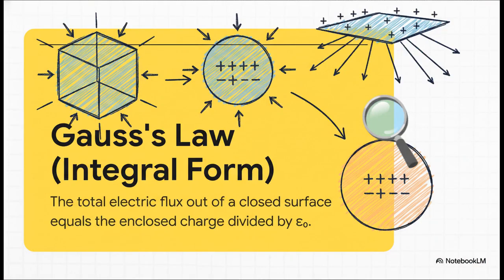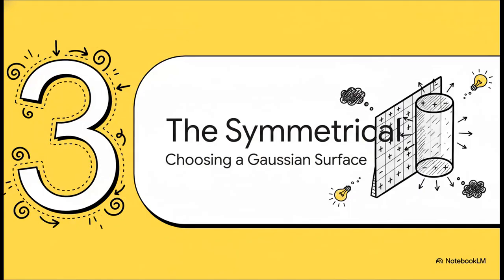So, what exactly is Gauss's law? Well, putting it simply, it says that if you draw any kind of imaginary closed surface, think like a bubble or a box, whatever you want, the total amount of electric field poking out of that surface is tied directly to the total charge you've trapped inside it. It's this amazing fundamental link between what the field is doing on a surface and what charge is hiding inside it.